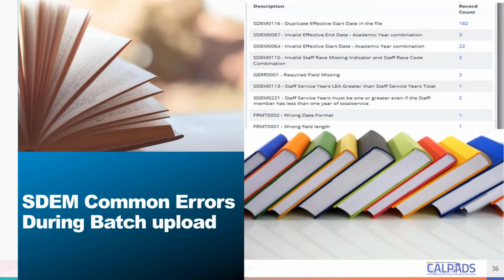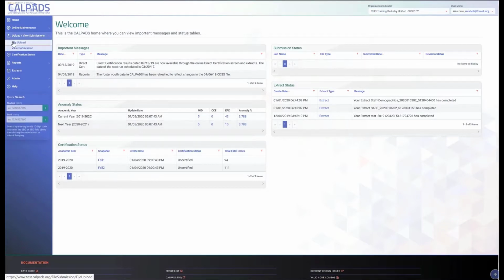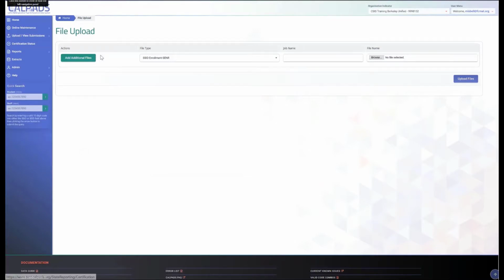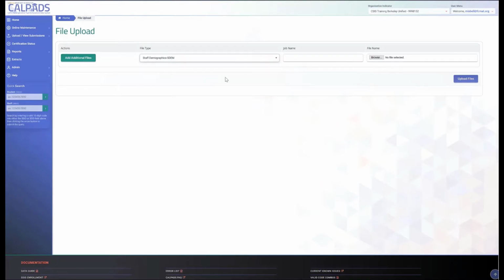Now let's take a look at batch uploading and some of the common errors during the upload process. The fall 2 batch upload is similar to what you did in fall 1. You go to upload, then file upload, and then you would go over to select the type of file, which is SDEM Staff Demographics, then place in a job name, something that would describe what the content is in the